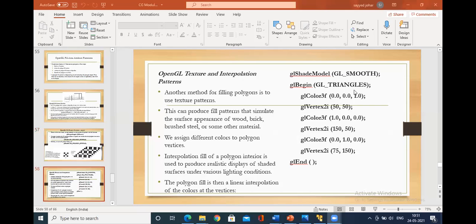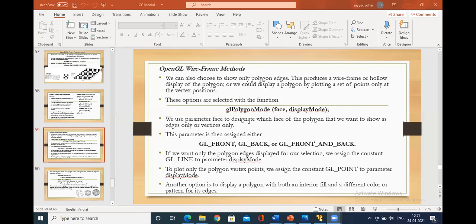This is GL triangles. How does GL triangles work? It identifies the first 3 vertices and draws the polygon with respect to them. Imagine 1 vertex, 2 vertex, 3 vertex, only one triangle will be drawn. Our concept is how you give various effects to this, that is, giving smoothness with respect to the texture and interpolation pattern.